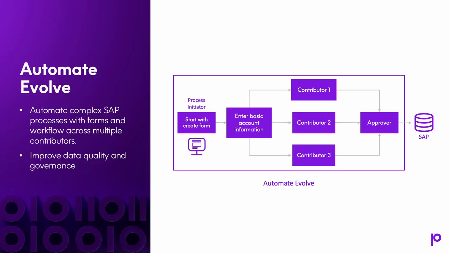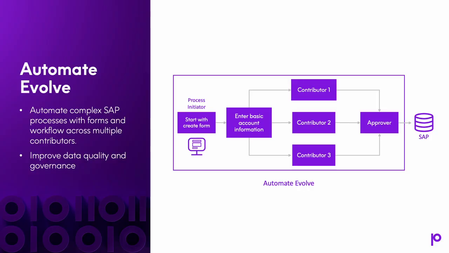Automate Evolve is our full form and workflow platform, which means that for those complex data-intensive processes like an account creation, things of that nature, which often require lots of different data from multiple sources to either be created or input or reviewed, Evolve is the perfect platform for that. And what Evolve gives you is these role-based forms. So each individual in the process is able to receive a form that is just for them. So it's either they're going to review the data that's in there, they're going to input data in there, they're going to validate it against SAP.